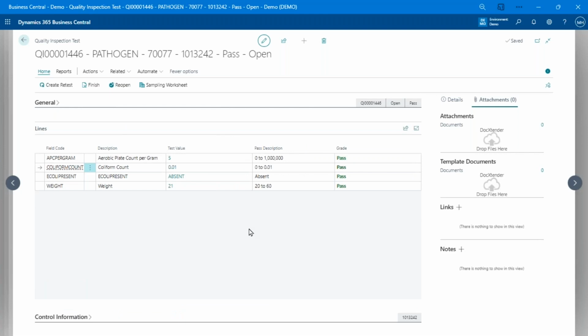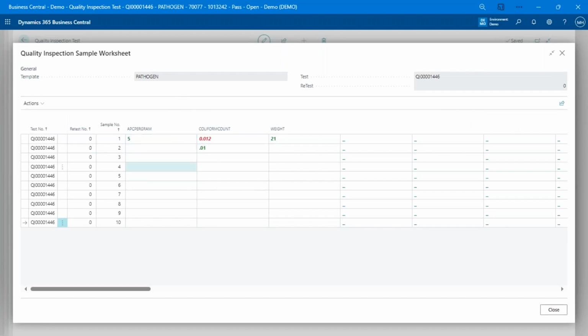So there's a whole bunch of stuff you can do there with sampling. And probably most of you don't care about sampling, but it is highly useful and important in a lot of industries where you can record various samples for whatever you like. And this can be in production. I didn't really go through the settings, but you can set this up so that every 100 items I produce, I have to record another test. So it can either create another test, or I could go in here and do a sample at every 100 units that I've produced. Or if I'm receiving 1,000 O-rings and I want to sample 10 of them or 20 of them or whatever it is, or if I'm receiving flour and I need to do the pathogen test, all of that is very handy.